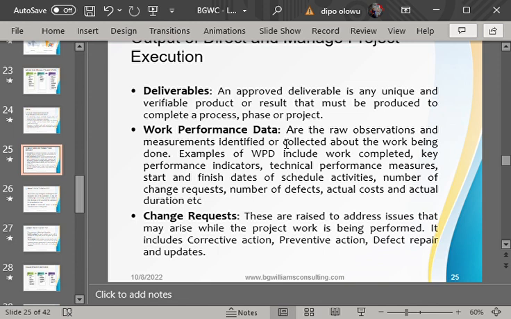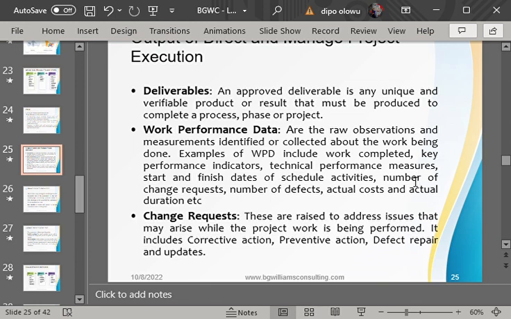Do you understand now? So work performance data are those raw information, raw observations, raw data that are collected, that the project manager gets to know about regarding the work being performed. We refer to it as what? Work performance data. And this work performance data comes to the project manager maybe through the supervisor. He can tell you that, for example, the work completed today is so and so.